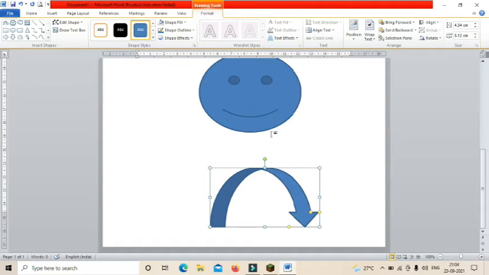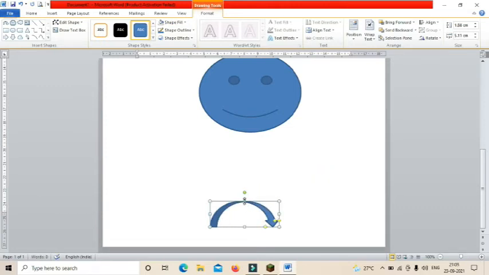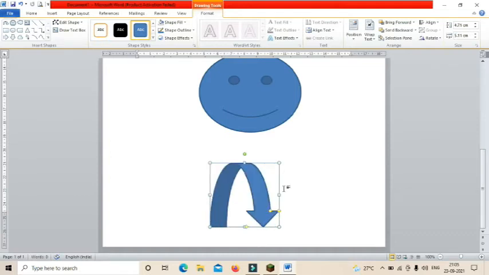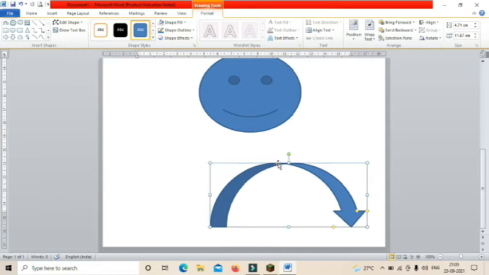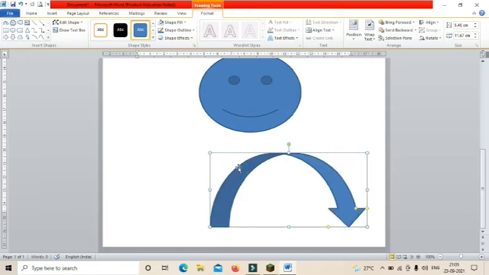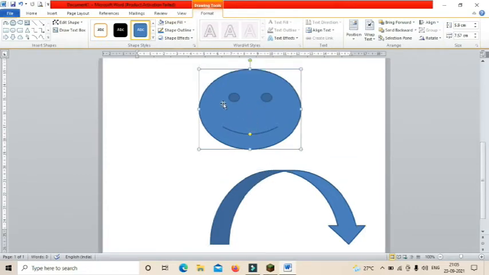This picture also contains some resizing handles. Using these resizing handles, we can reduce or increase the size of the shape. We can increase the size of the shape and also decrease it. When we select this shape, you can see a new tab called the Format tab on the ribbon. Under the Format tab, we can see some important options like shape fill, shape outline, shape effects, etc.